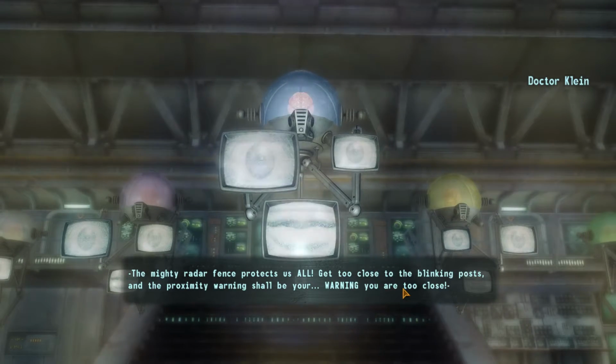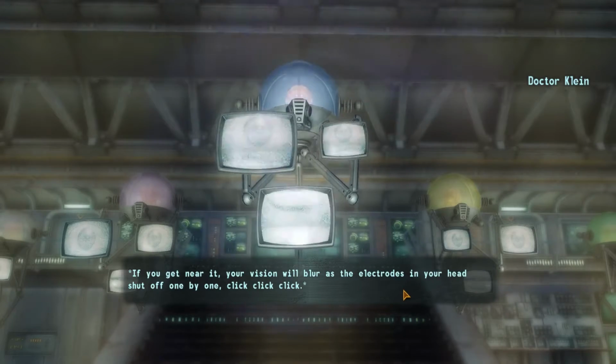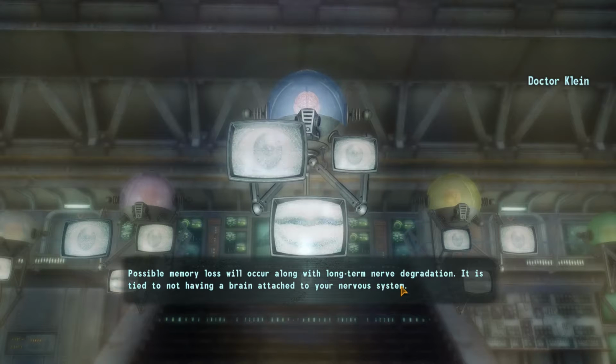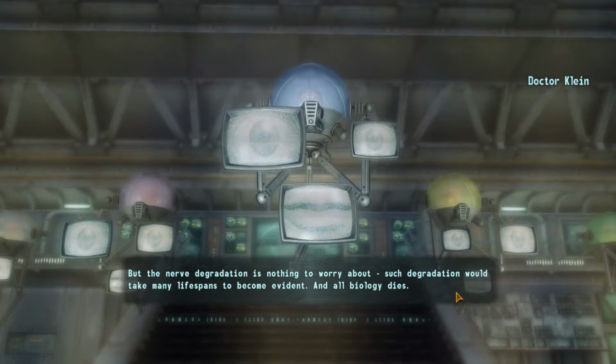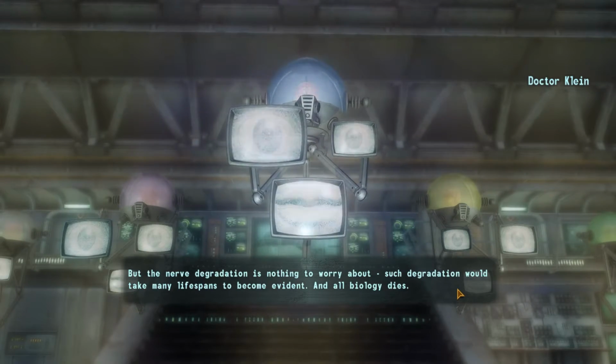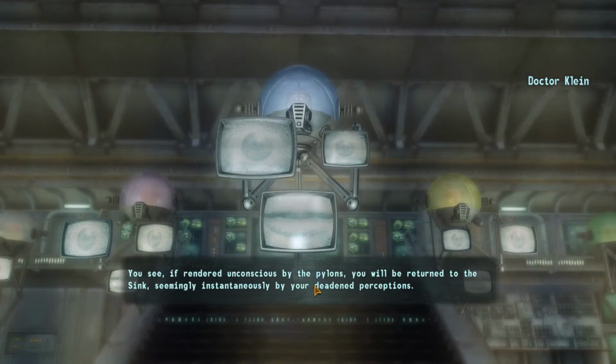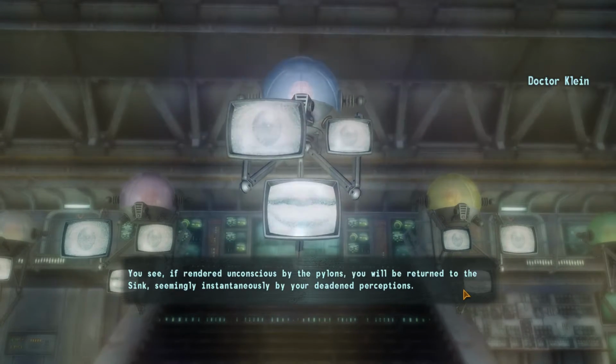Fence protects us all. If you get near it, your vision will blur. Possible memory loss will occur, along with long... But the nerve degradation is nothing to worry about. Such tiny inconvenience. You see, if rendered unconscious...